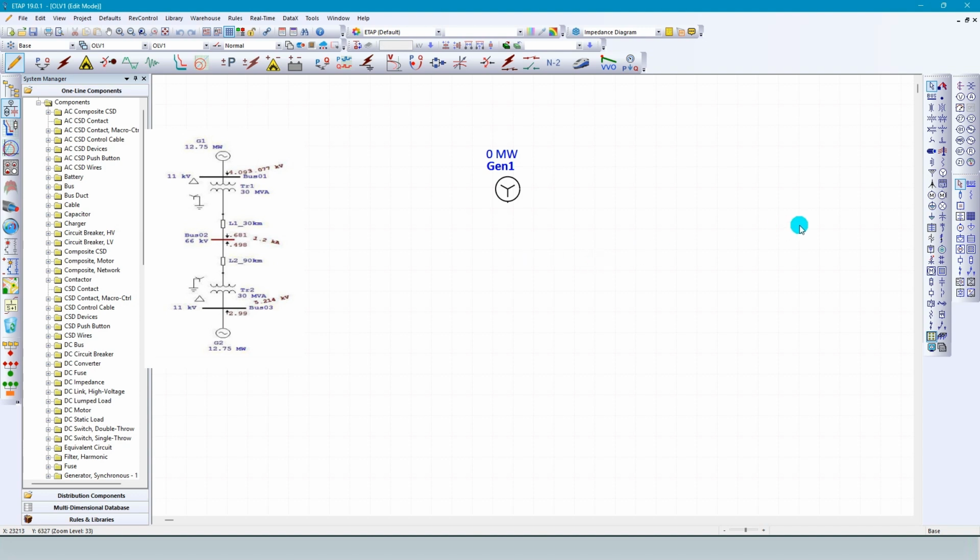Assume generator 1 is swing. Then connect the bus. When two components are connected, a bus bar is used.